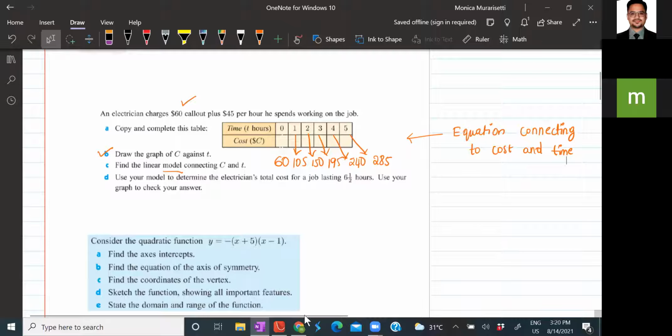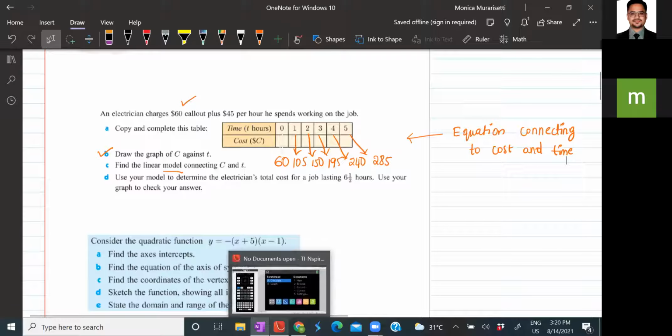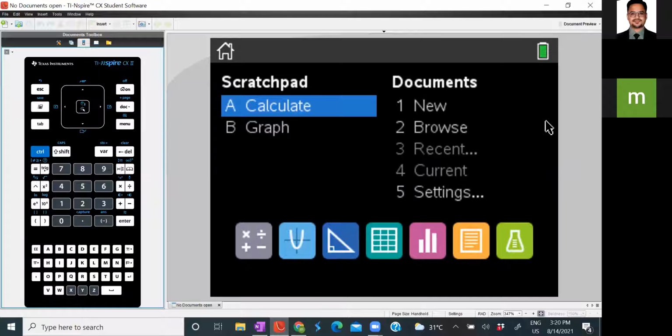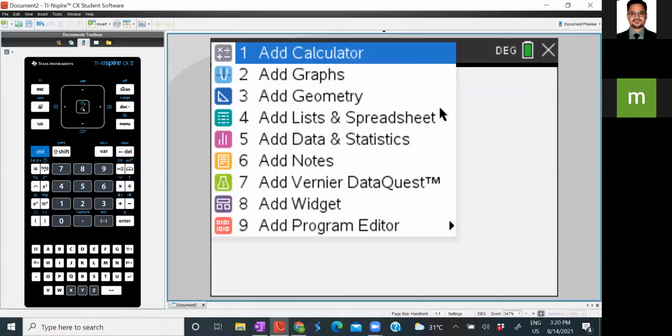This is the interface you will see, in the Zoom version. If you install the software with the activation code, this is how you see it. Go to new document.